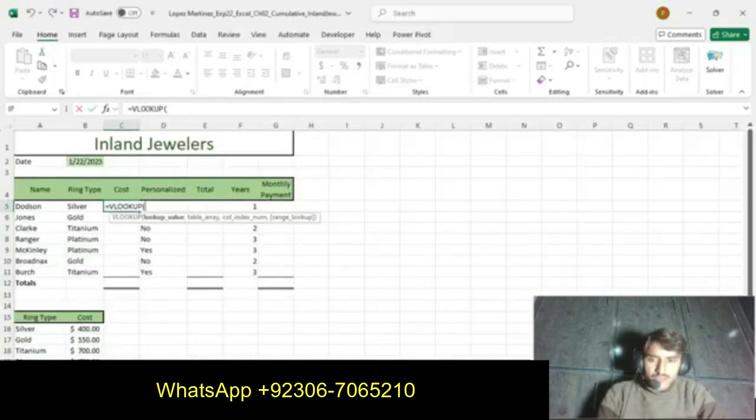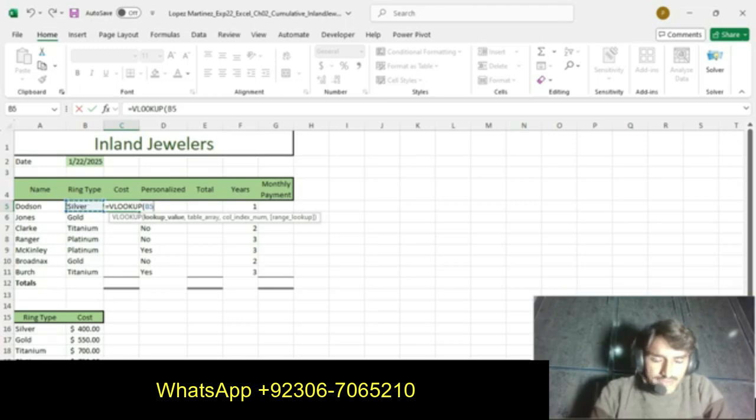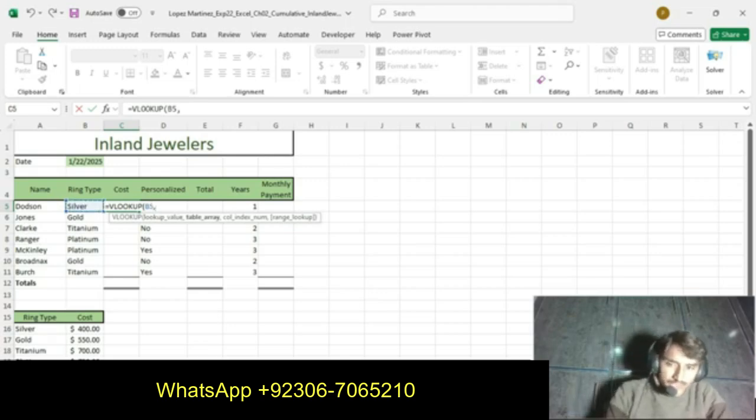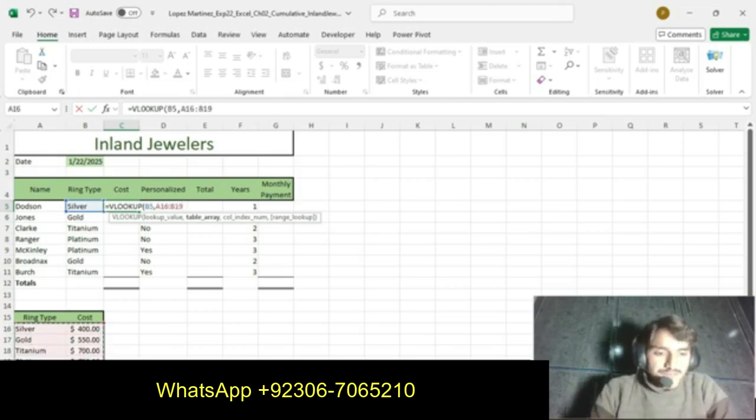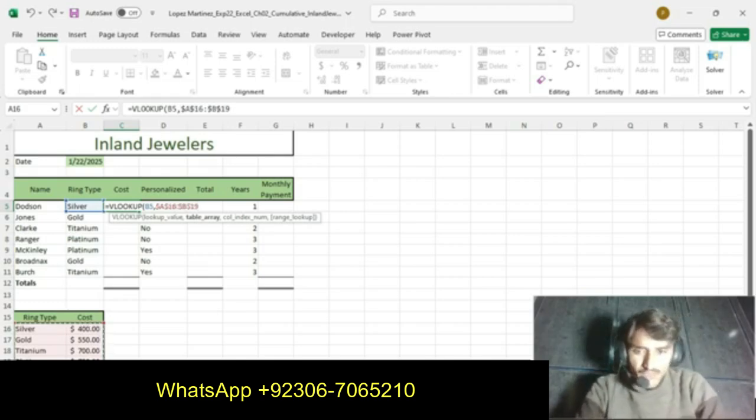Okay, so we get the cost of the first ring type. We select B5 for the lookup value. Then the table array is here, so we select it. For absolute cell references, we press F4.